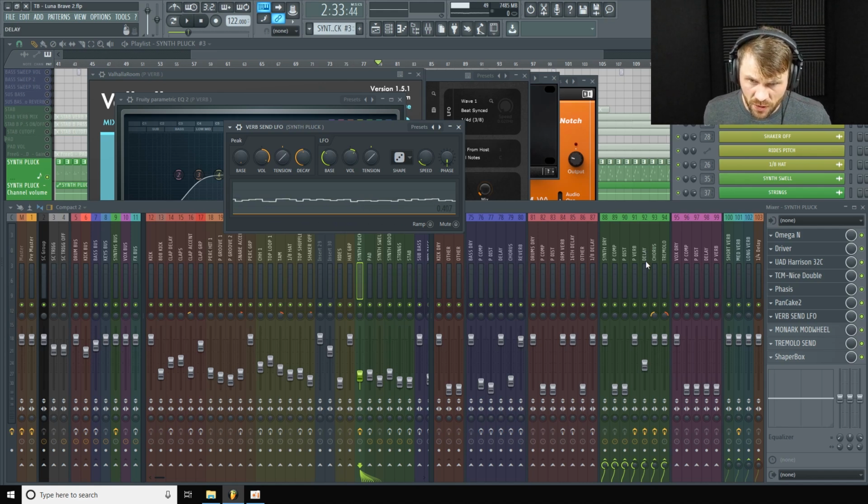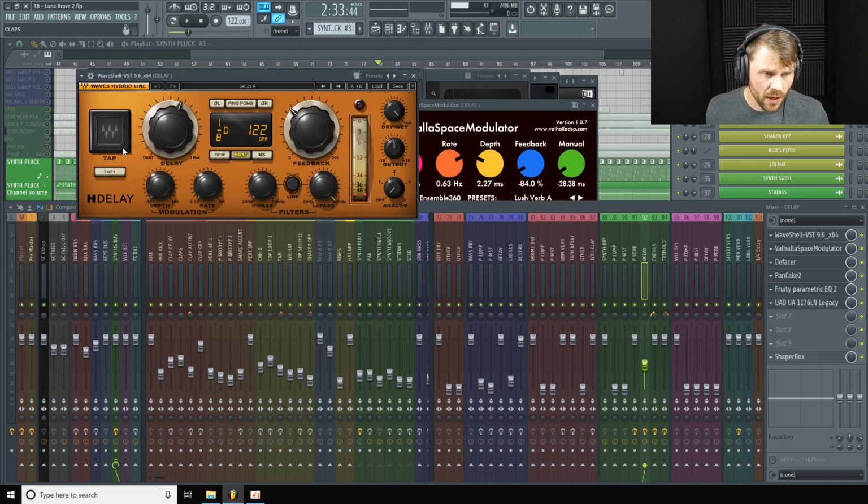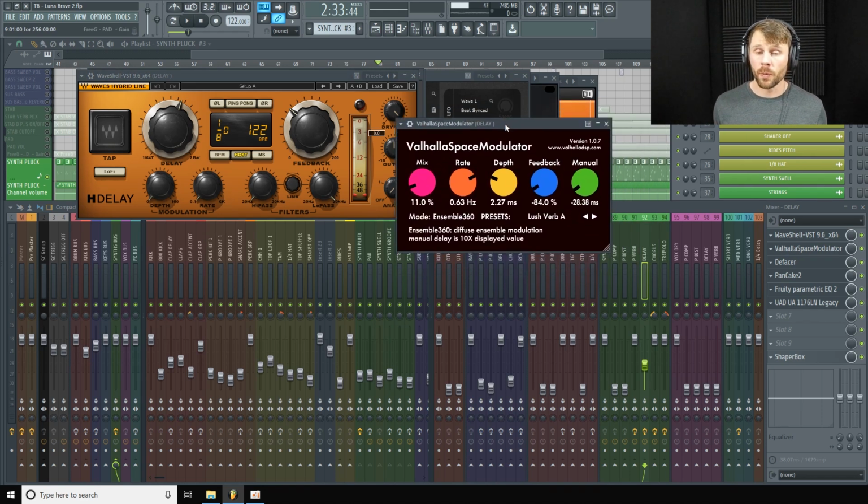I have it sent over to this delay as well. So I'm using the H Delay, eighth dotted. I usually like to add a little reverb to my delay sends. I find it just helps it settle into the mix. It pushes it back a little bit as well in the mix, and just gives it its own kind of unique space. Instead of using a standard delay, in this case I used the Space Modulator, and it's one of these,